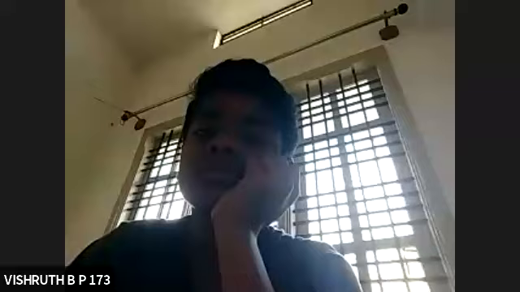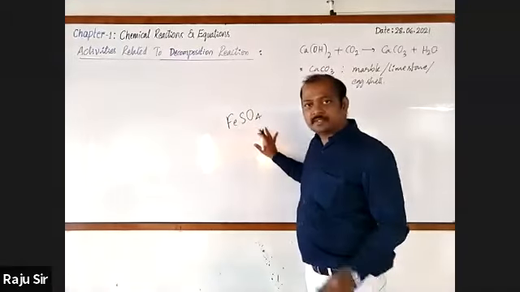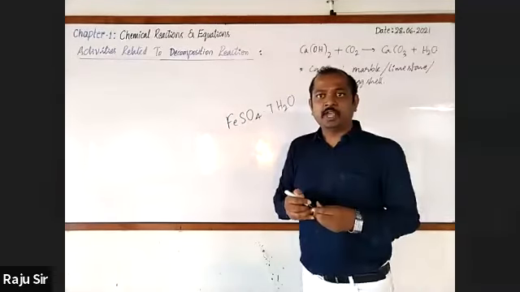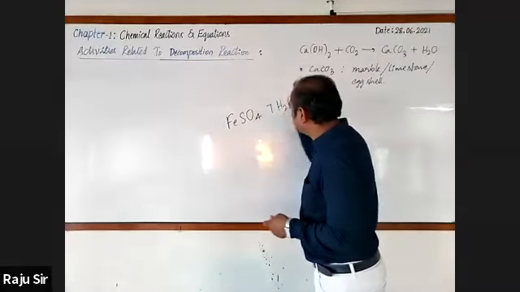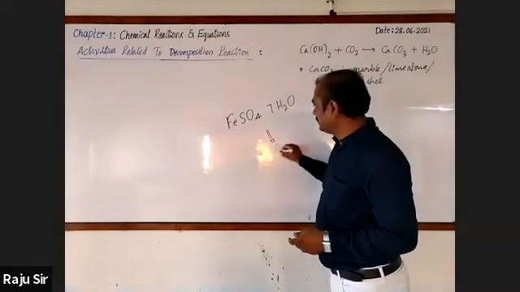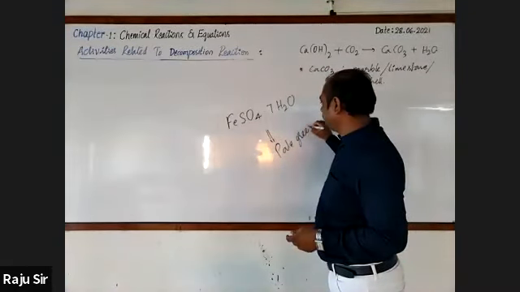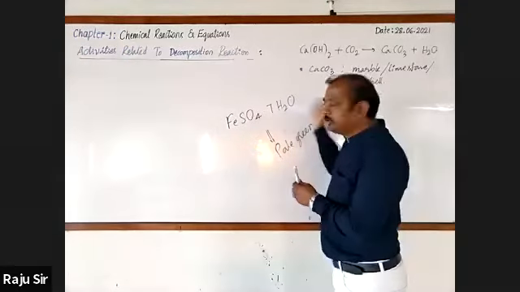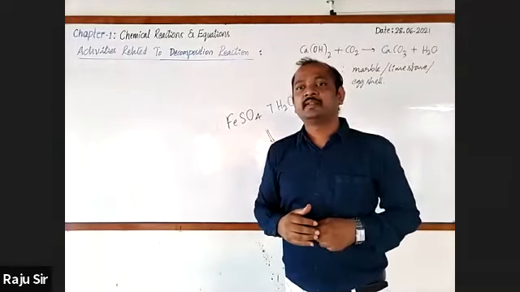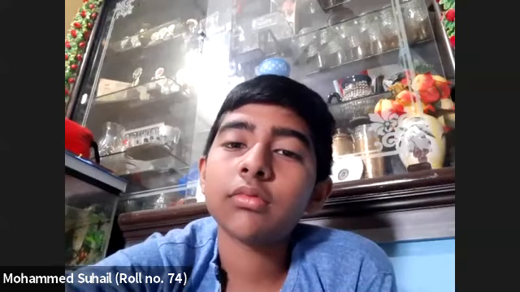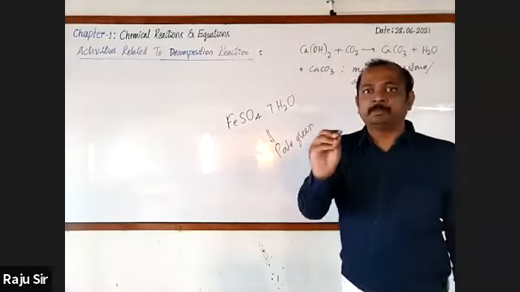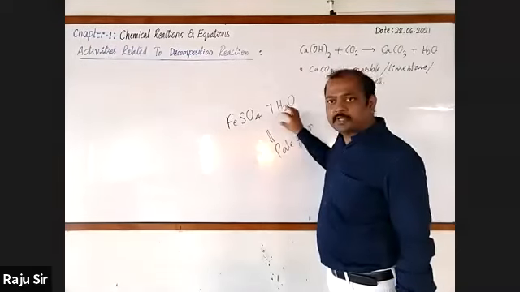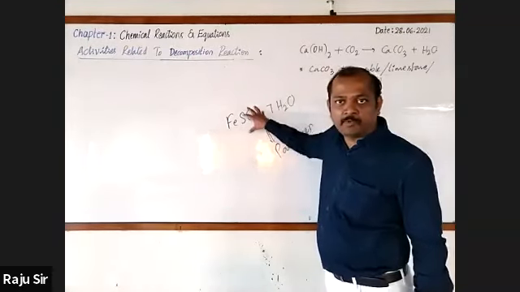Right? One formula unit mass of iron sulfate will have 7 molecules of water. It can hold only 7 molecules of water. Because of this water, its color is pale green. If you remove water, which color will come? It is white. Got it? The color of iron sulfate is pale green. It is due to the presence of the minimum possible amount of water, the fixed molecules of water present in 1 formula unit mass.